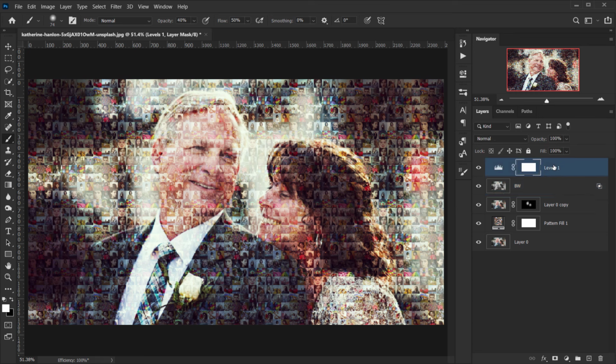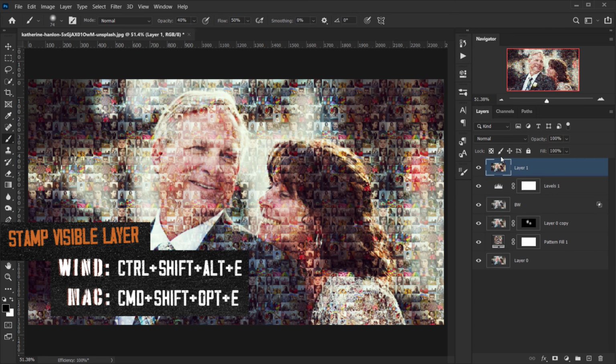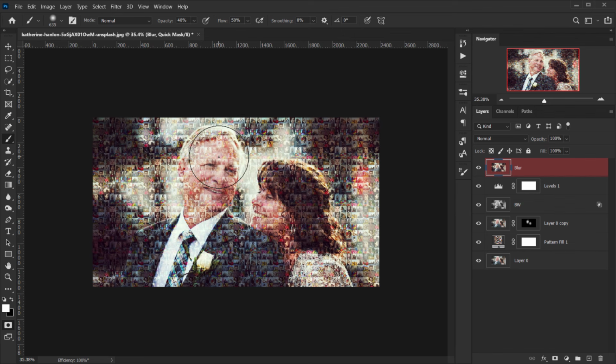So by selecting the first, in this case the levels adjustment, I'm gonna press Ctrl Shift Alt E or Command Shift Option E, and this will make a stamp visible layer, and let's call this blur. And then I'm gonna press Q on my keyboard, and using the same brush, as you can see I have 40% opacity, 50% flow, and using black as my foreground color this time by pressing X to switch between black and white. I will paint